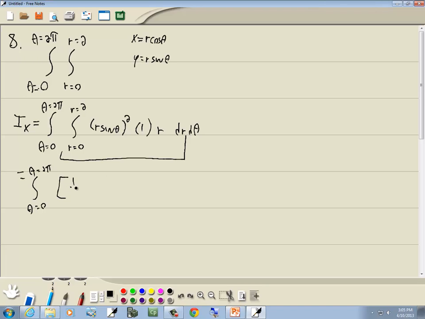So that gives us 1/4 r to the fourth sine squared d theta, and that's from r is equal to 0 to r is equal to 2. If I plug 2 in there, 2 to the fourth is 16 times 1/4 is 4. So I can put that out in front, theta is equal to 0 to theta is equal to 2 pi. And we're left with sine squared inside here. But sine squared is equal to